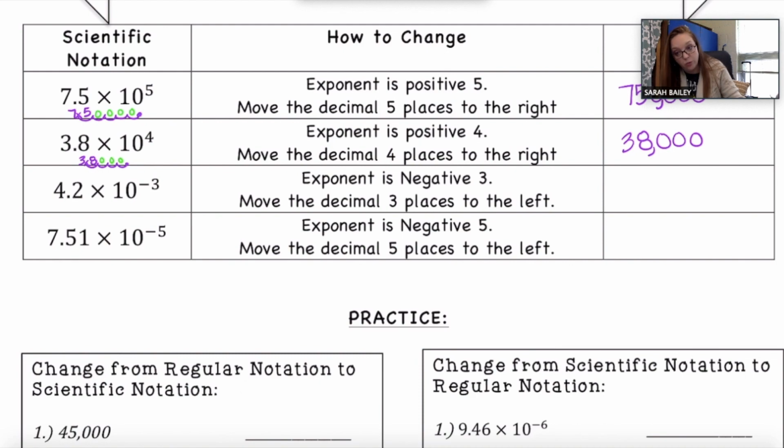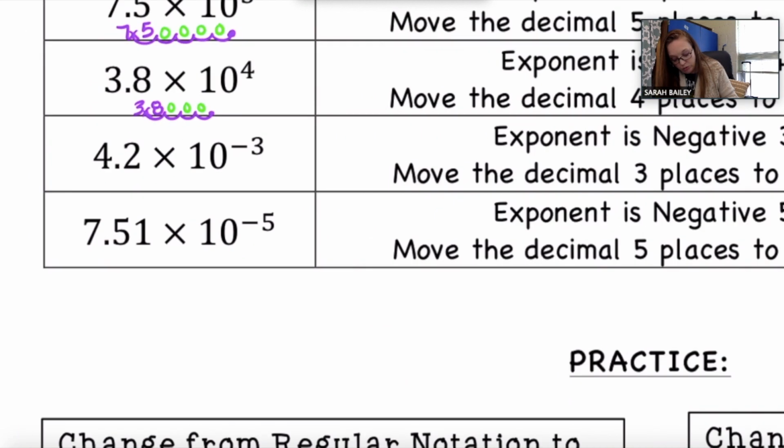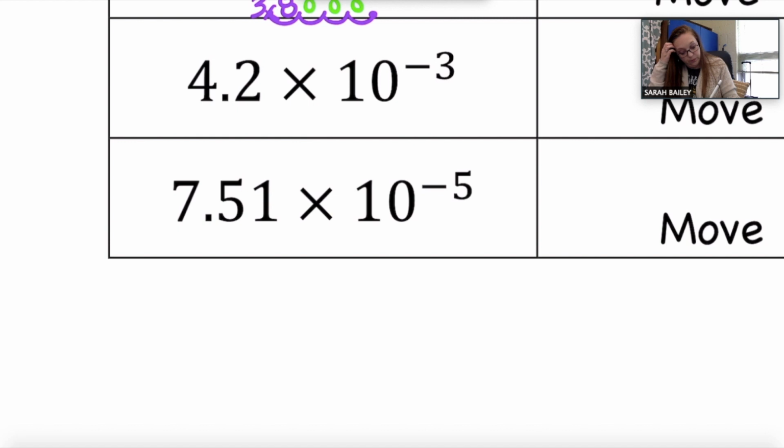Let's do the next one. The next one is 4.2 times 10 to the negative 3rd power. So I'm going to write down that 4.2. But this time it's to the negative 3rd power. So I'm going to move 3 times to the left. 1, 2, 3. And then the empty spots, just like before, get zeros. So now this is